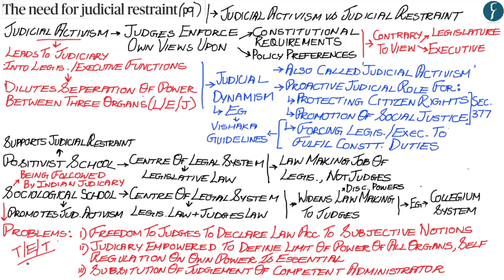And therefore, when judges substitute a judgment that has been given out by an executive or a bureaucrat who are knowledgeable within the field of taxation or environment or technology, then what it does is that it substitutes the judgment of a competent administrator within the executive by an individual judge who may not have the required knowledge of that field.